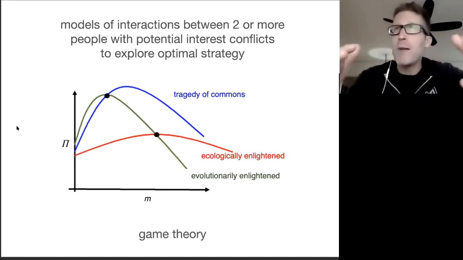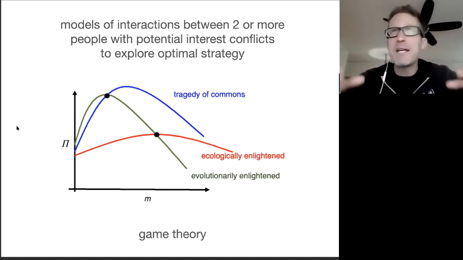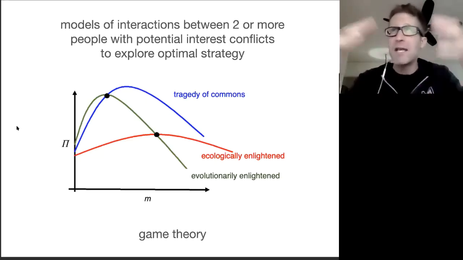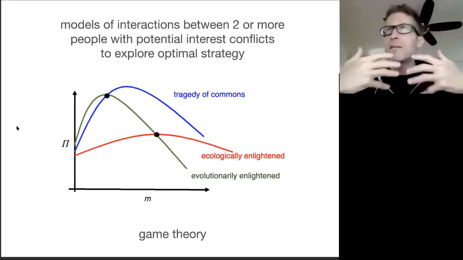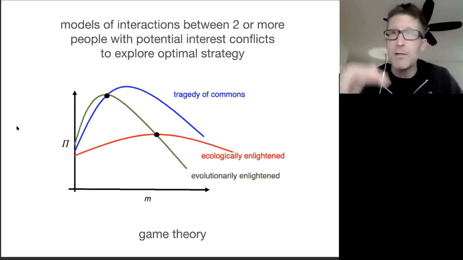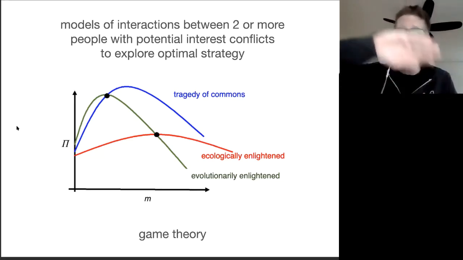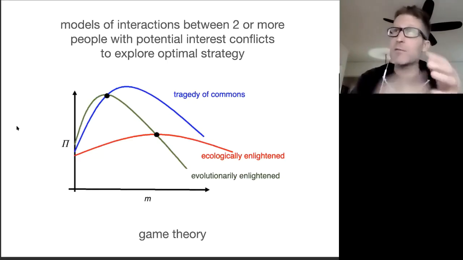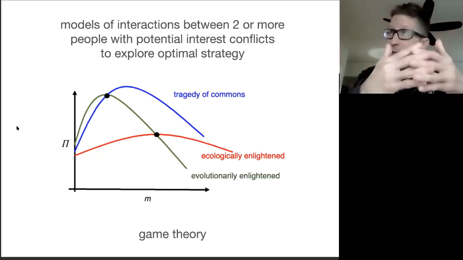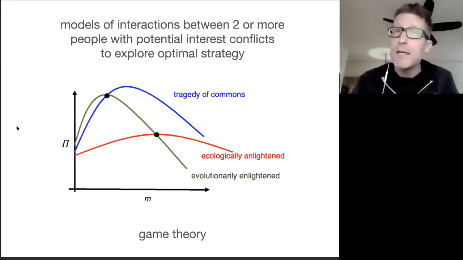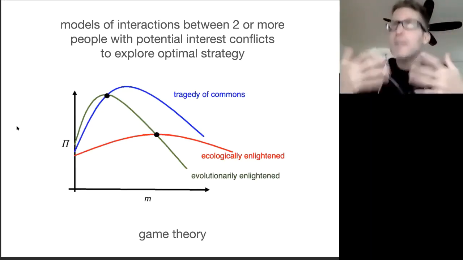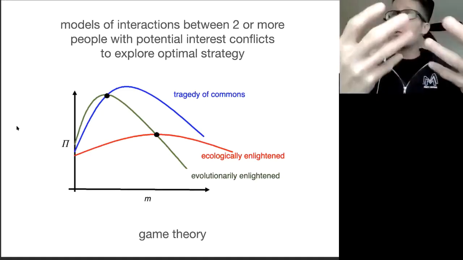We all show up, the environment becomes trash socially because everyone's there, we all have our own agendas, and the emotional well-being, the functioning of the team drifts downward. Ecologically enlightened ones have a much flatter curve, and their meetings or experiments or games are focused more on the quality of the interactions. And finally, evolutionarily enlightened meetings, experiments, or games are ones that think about a longer term trajectory in terms of